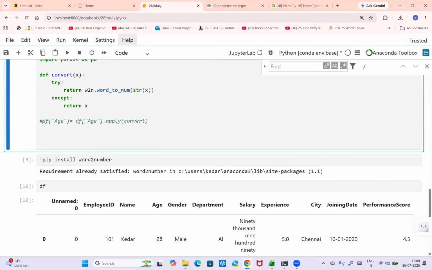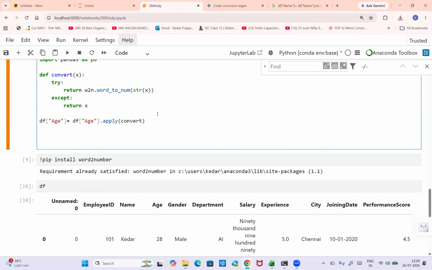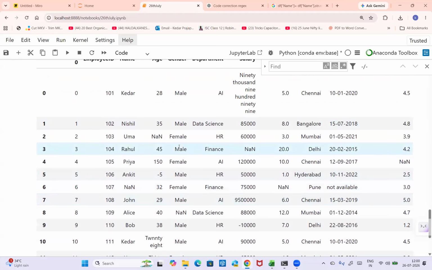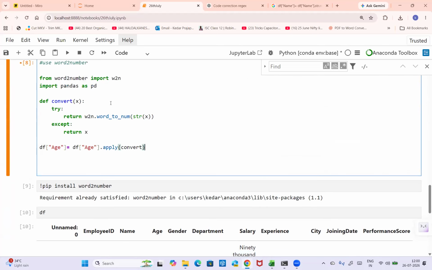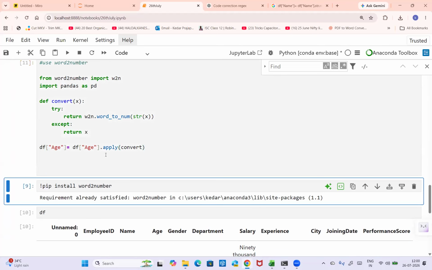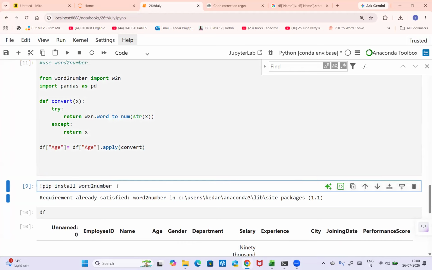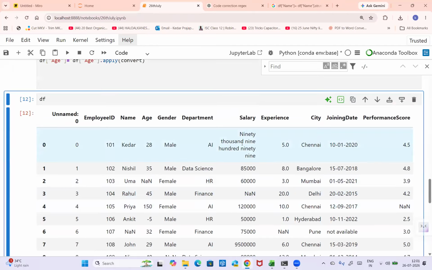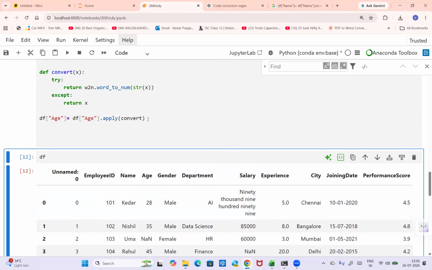Now what will I do? I'll execute this. So I was doing it for age. Run it for age. Then df. So in age, everything got changed. But in the salary column, 90,999 is still there. So what we will do next,